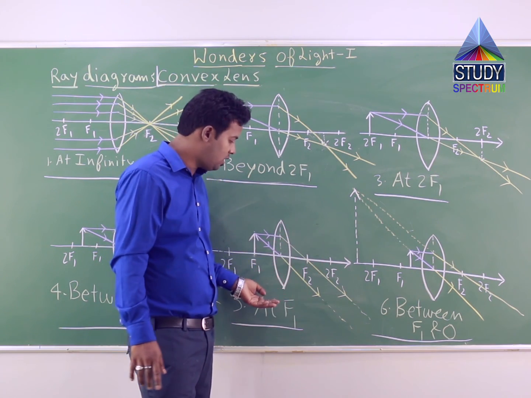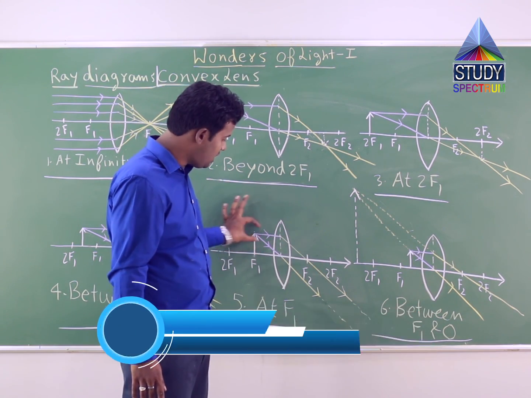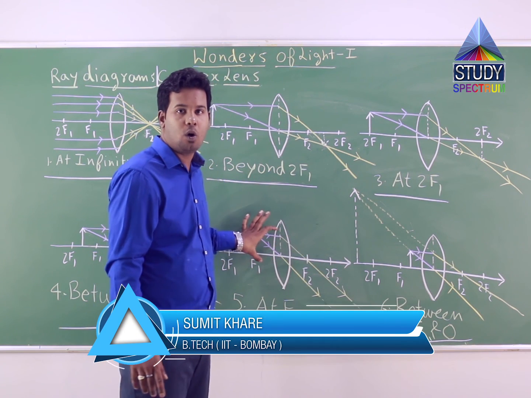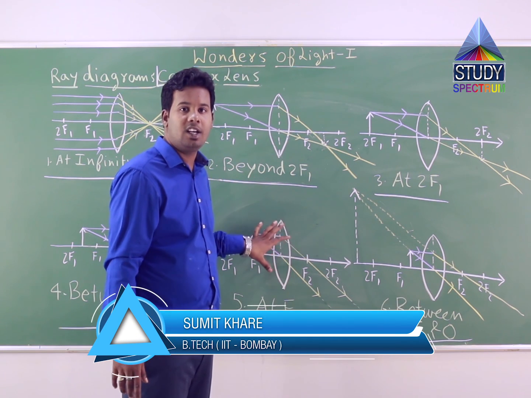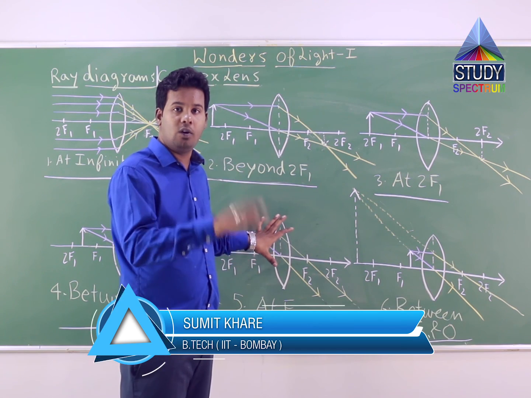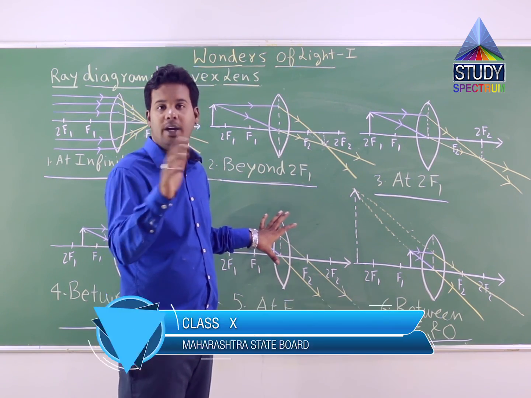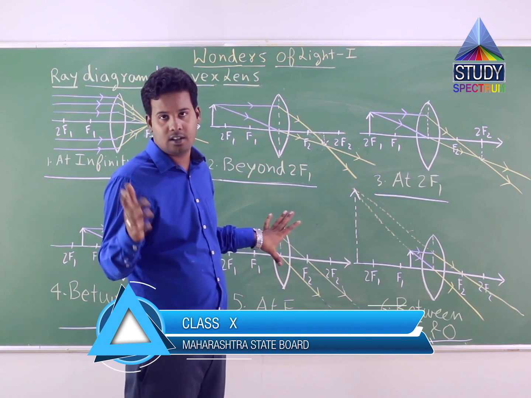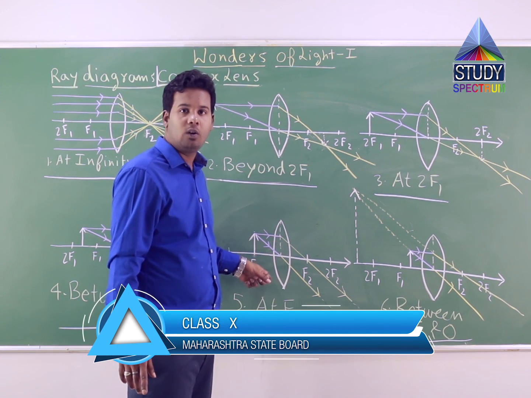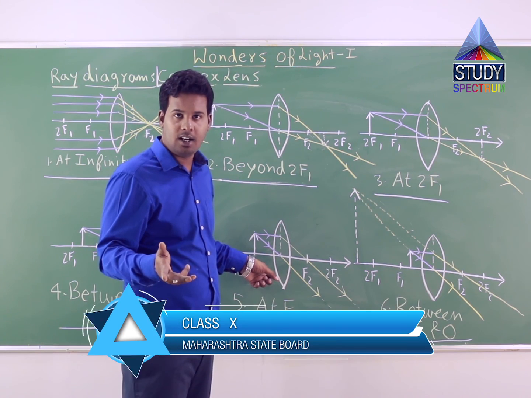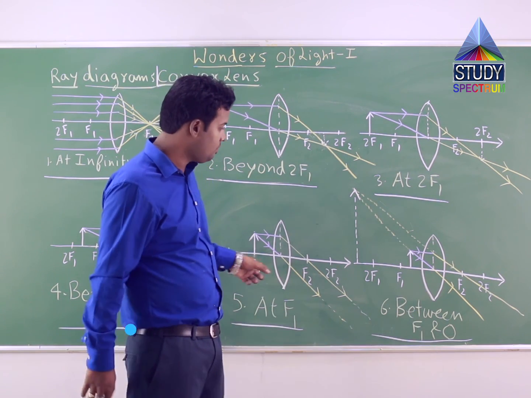So these were the four results which we have seen, and we have just seen the ray diagrams also, how to draw these ray diagrams. If we get a case, doesn't matter if it is a theoretical question or a numerical question, but it asks about the nature of image, size of image, position of image, etc., we can draw this particular diagram in both the cases. Correct? And get the four results.